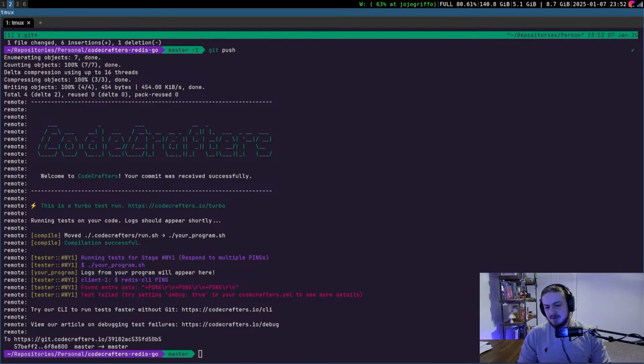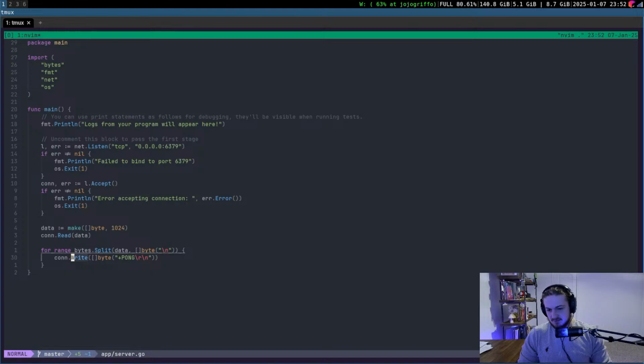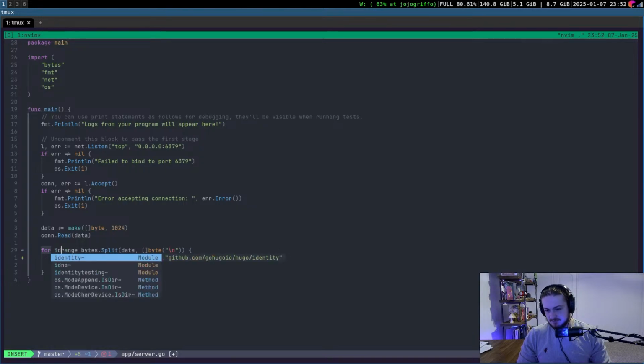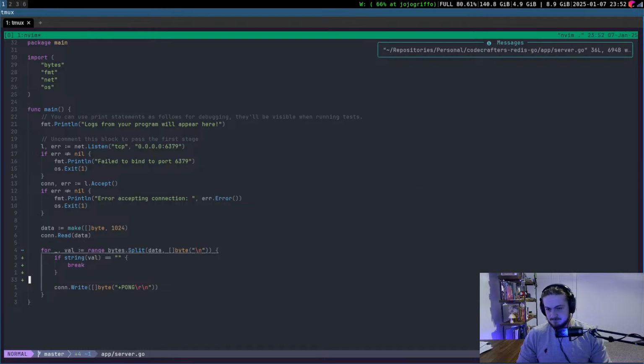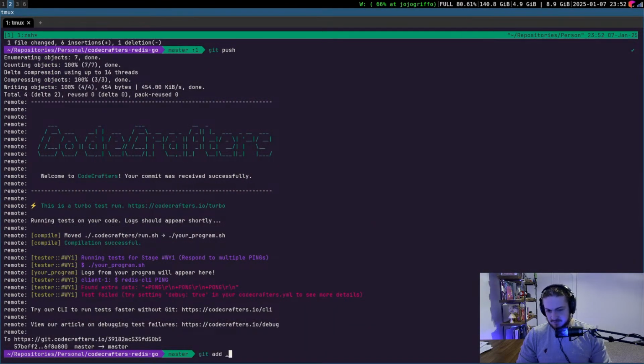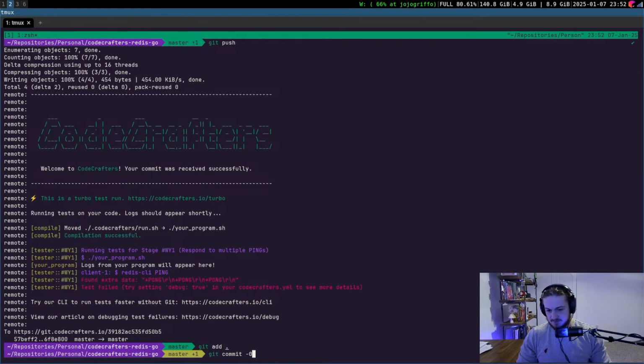Oh shoot, because there's an extra one at the end. So idx, val, and that. But I don't need that, so I can just do that. If string(val) equals that, break. git add ., git commit -m